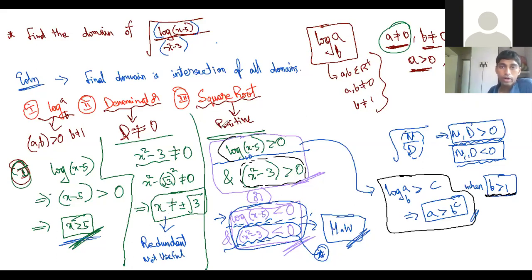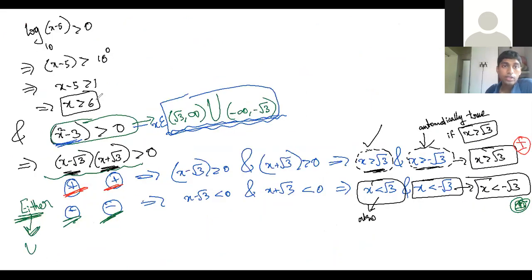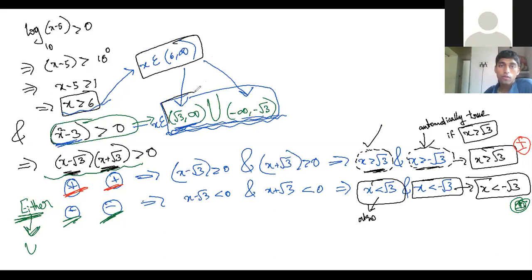Then we go to the third one. Third one is giving another conclusion. Third one is telling x is greater than 6. And along with x greater than 6, you have x belongs to this region. So x greater than 6 can be written as x belongs to 6 to infinity. Whereas the denominator is going from root 3 to infinity and minus root 3 to infinity. So again, we have to take the intersection of both of these solutions. What is the intersection of both of these solutions? Very tricky. What is the common part between?